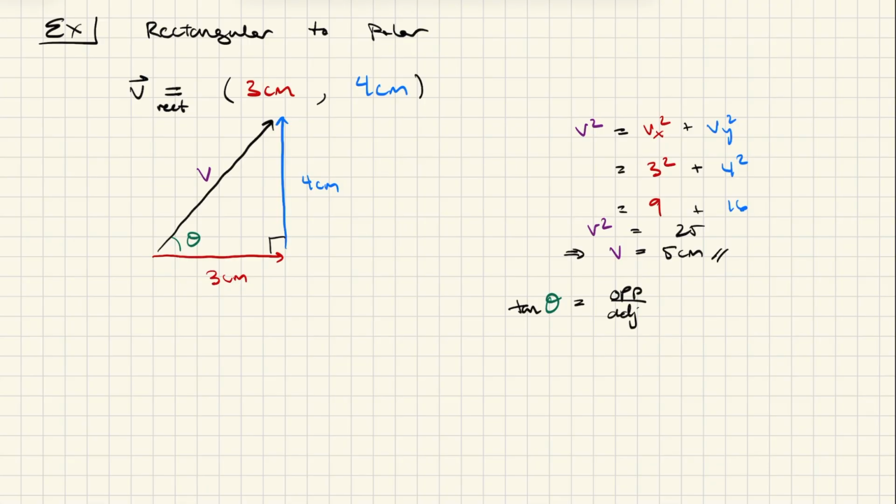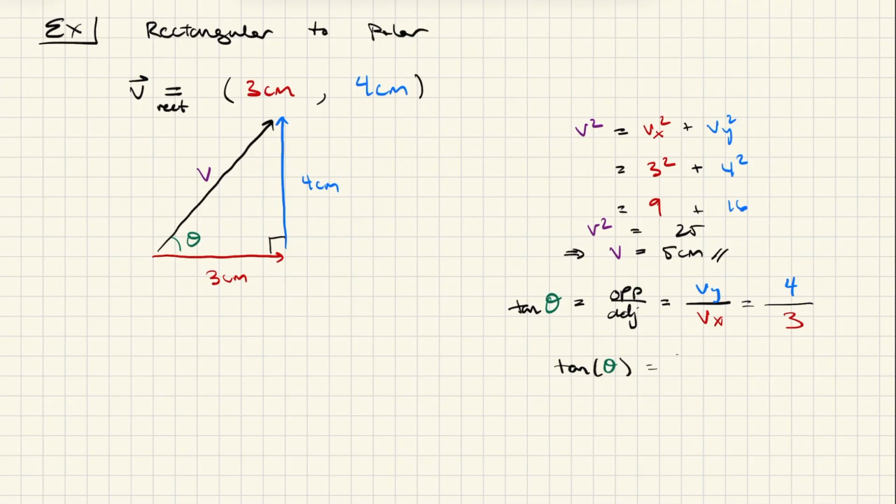And so filling in the opposite and adjacent with this actual triangle, the opposite side to this green angle theta is going to be the 4 centimeter long side, which is Vy, and the adjacent side to this angle theta is going to be the x component, Vx. Filling in the actual values from this triangle, we know Vy is going to be 4, and Vx is going to be 3. And so now my equation looks like tangent of theta